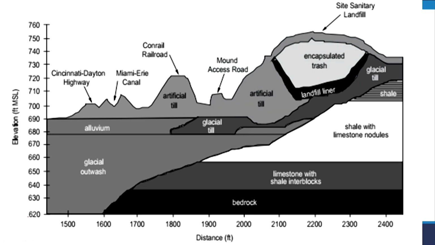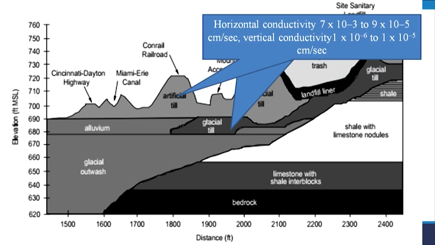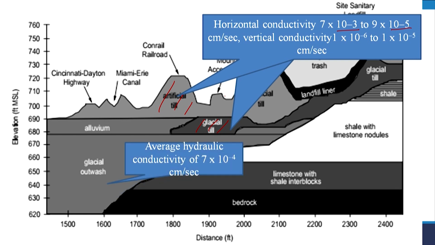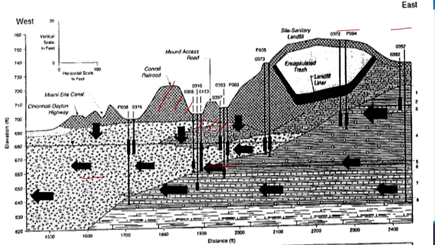I believe here we have a better representation of the relevant sites. So, here for the glacial till or the artificial till, horizontal hydraulic conductivity is either 10 power minus 3 to 10 power minus 5 centimeter per second, and vertical, 2 orders of magnitude lower, I guess, right. So, here we have the glacial outwash of gravel, and again relatively higher hydraulic conductivity, right. So, let us move on, and this is the diagram based on the relevant gradients, or the piezometric readings, that they were able to come up with for the direction of the groundwater flow, right. So, let us look at what we have out here.